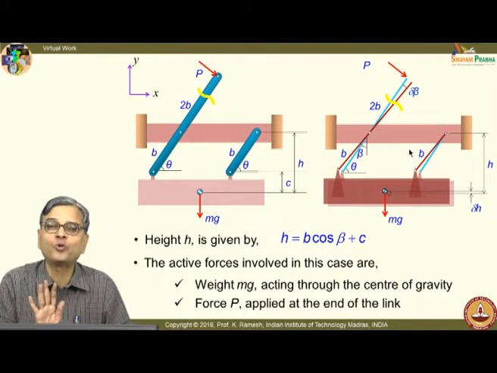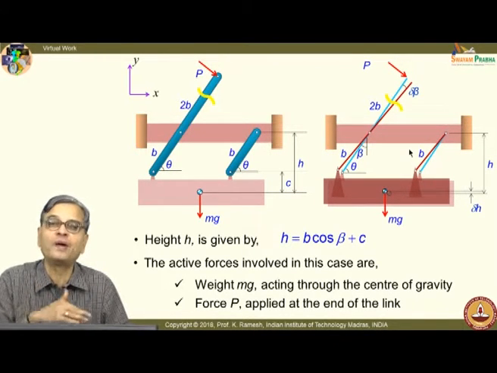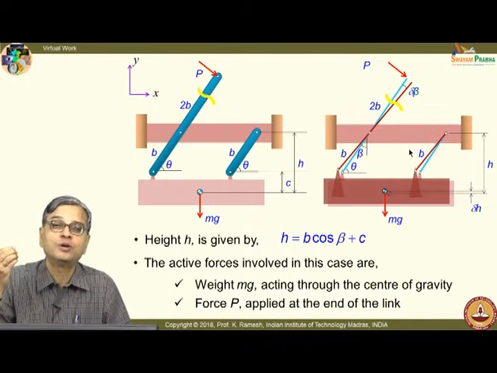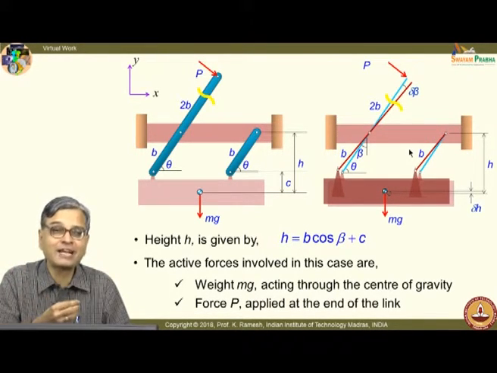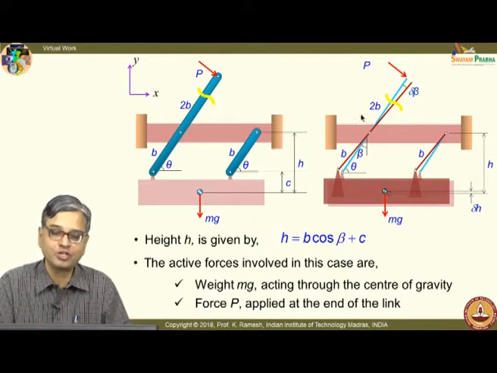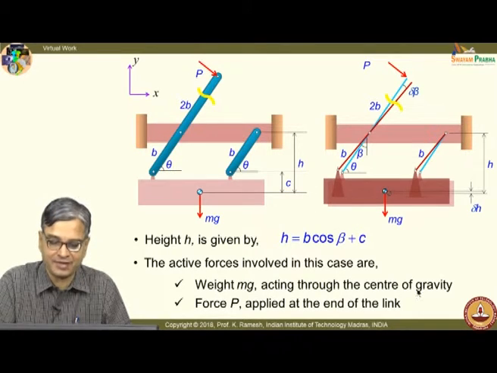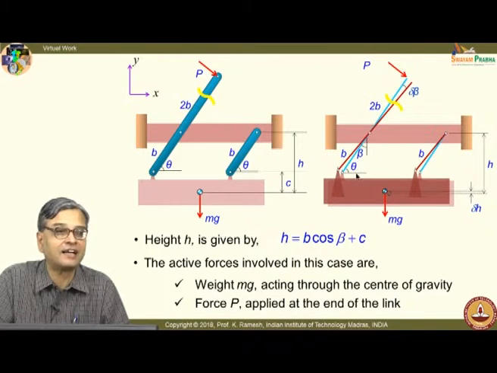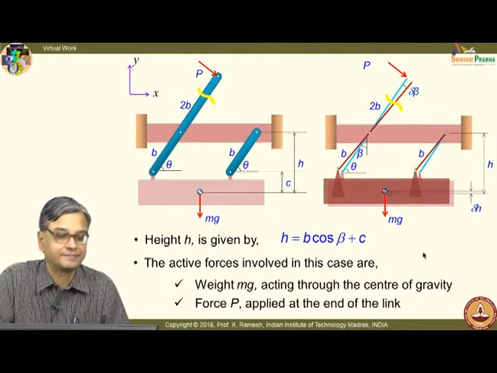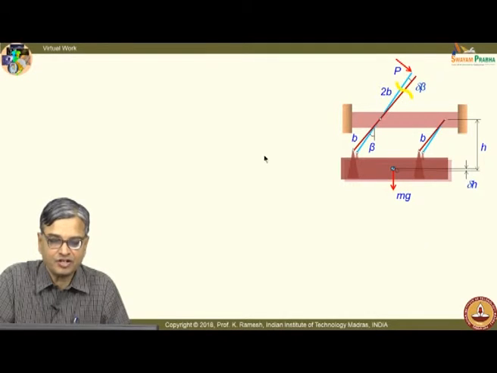That is foolproof. You will never make a mistake, no matter which independent variable you select, whether you handle one active force as a reference or the other active force as a reference, because the problem can be solved in multiple different ways. So, here what I have indicated is, I will stick to the mathematics, and instead of writing my interrelationship in terms of theta, I would write in terms of beta. And the rest of the problem is straightforward.